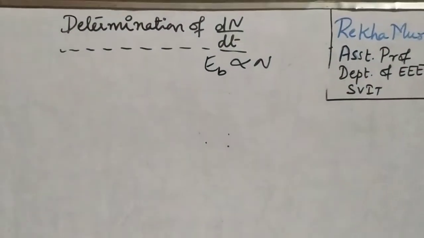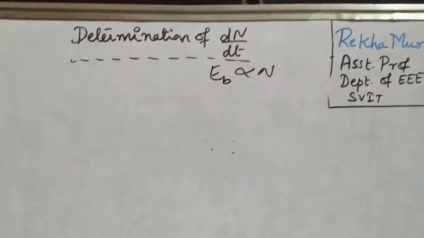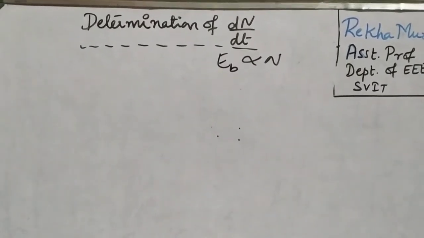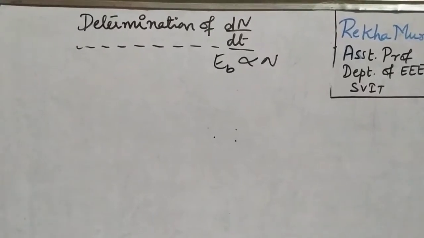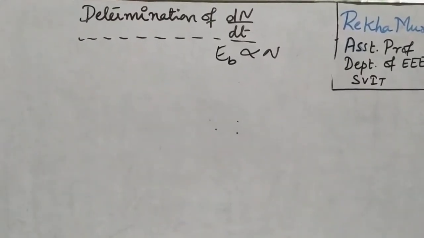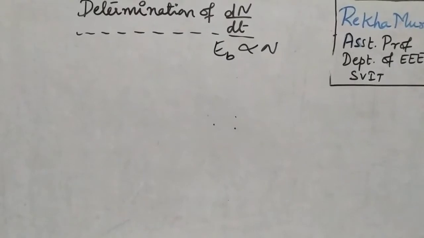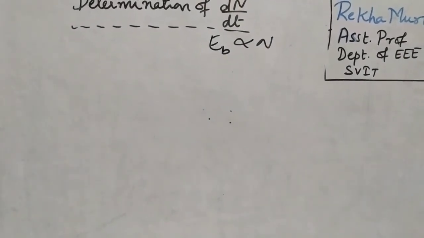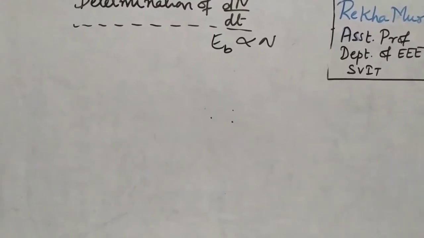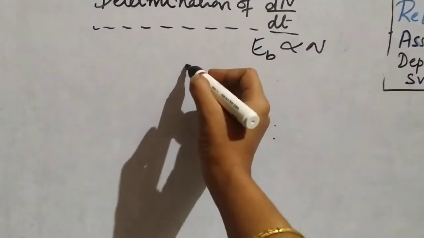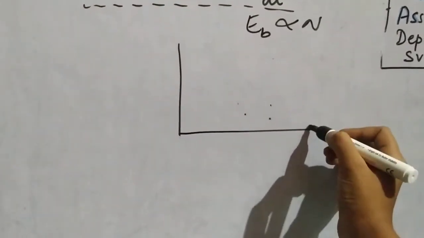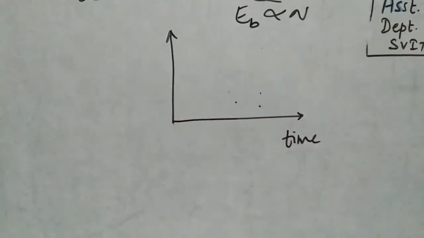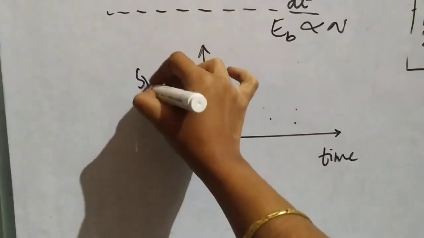So the voltmeter is going to be calibrated to read that speed directly. Whenever the motor is cut off from the supply, the speed will decrease. The time required for a definite decrease in the speed will be noted down with the help of a stopwatch. So we are going to plot a graph, with time on the x-axis and speed on the y-axis.